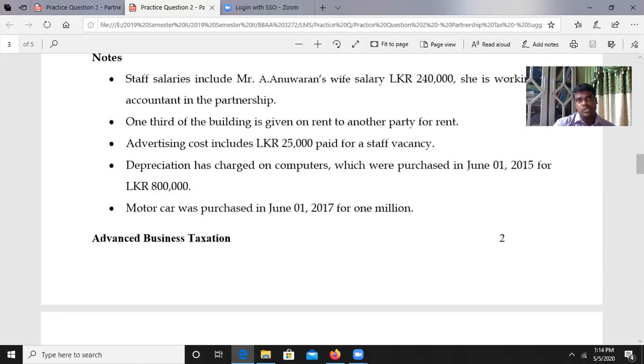So we have to use the previous year of assessment capital allowance percentage for this computer, because from 2018-19 year of assessment we have the new percentage for the capital allowance according to the Inland Revenue Act 2017. So here we have to use the previous